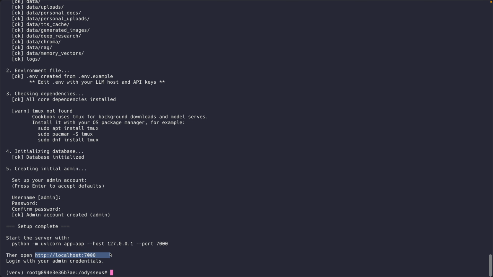IP address. But this URL works only within this computer, but this computer is remote and we are accessing it remotely from the terminal. So we cannot just open this URL in our browser. For that, we have to make some change in this command. So just paste that command, and here instead of using host